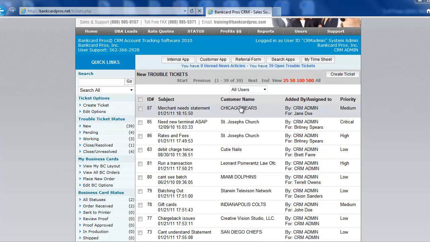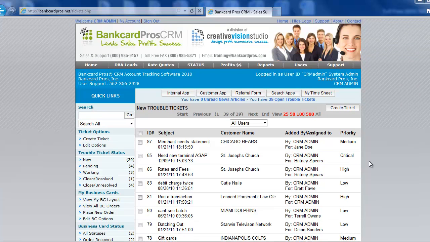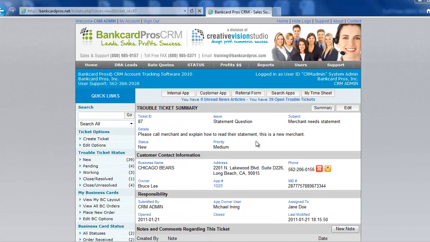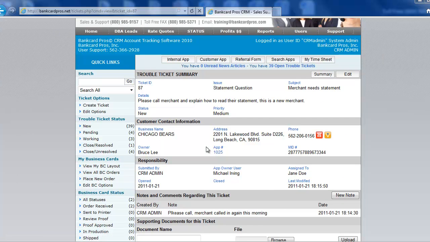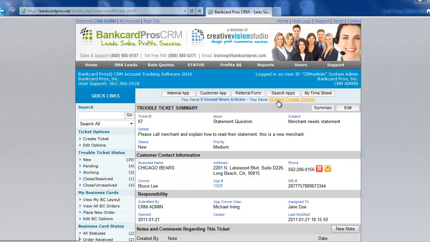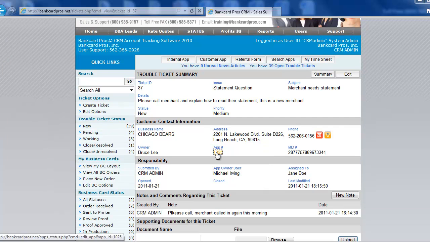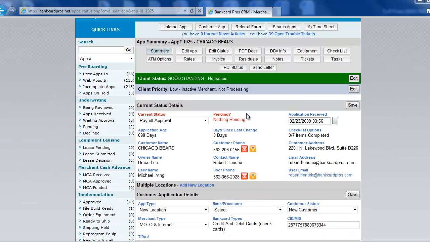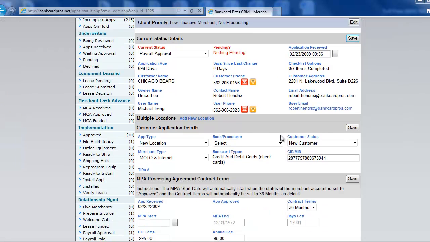So now that we've added another trouble ticket to the CRM for Chicago Bears, one of the good features about this system is you can actually click on the trouble ticket, you can click on the application for Chicago Bears and go and see all the trouble tickets that were ever assigned to Chicago Bears. Another thing you can do, well, let me take you to the application page, and here you can see the actual application summary for app number 1025 for Chicago Bears. You'll see when this merchant has been submitted into the system, when they started, and all the details about this